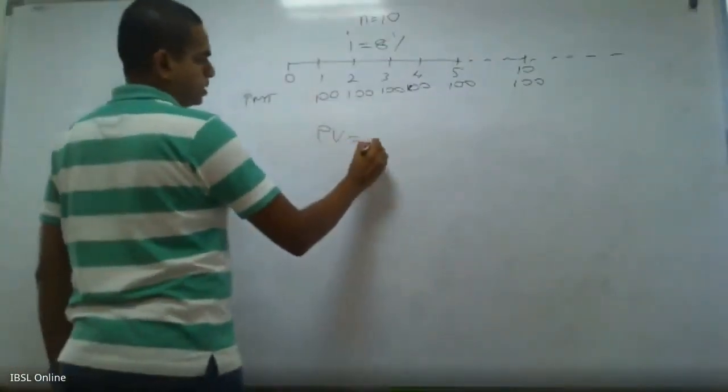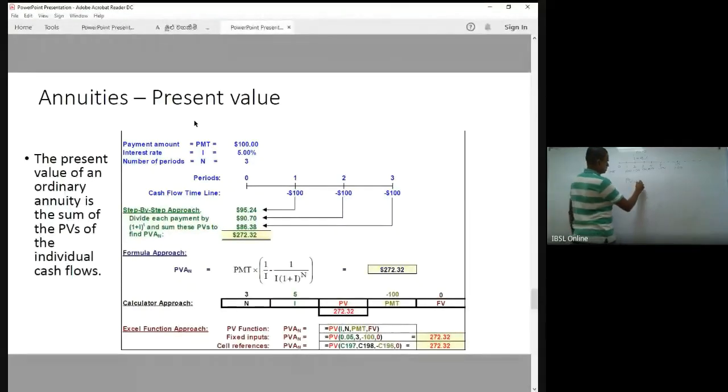Present value of an annuity is the payment times 1 over interest rate minus